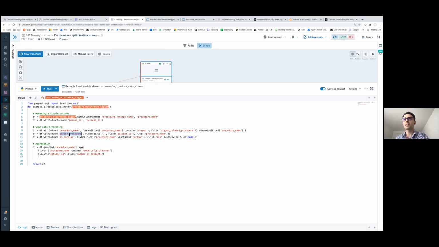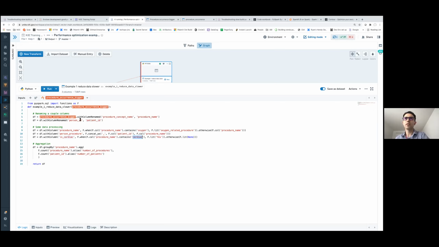Another processing thing we do here is creating a new column by concatenating 2 existing columns, and also creating another column, which is a flag telling us whether the procedure has the word cardiac in it.